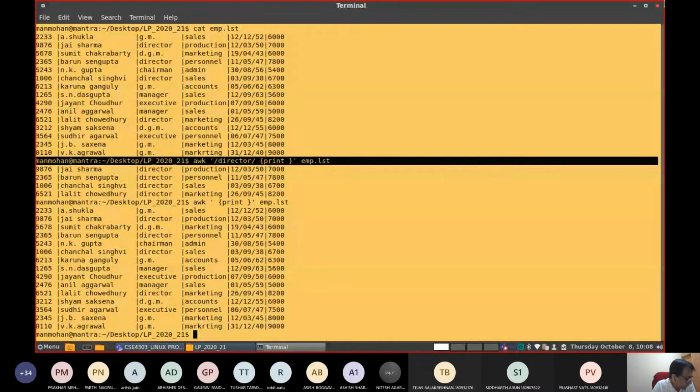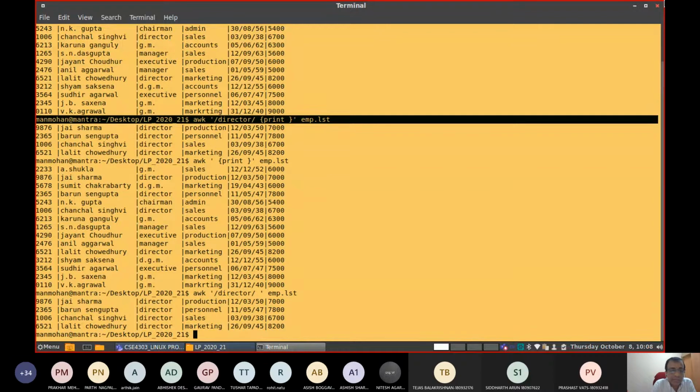All the lines are printed. Similarly, there is an option in case you are not writing the action field: the default action is to print. You can omit that print also, because by default, if you are not writing anything like print, then print will be applied by default.